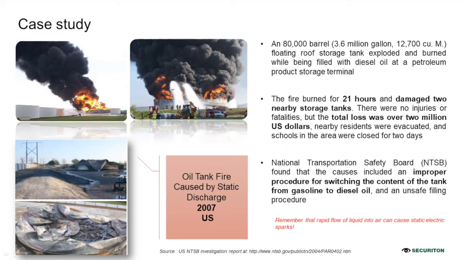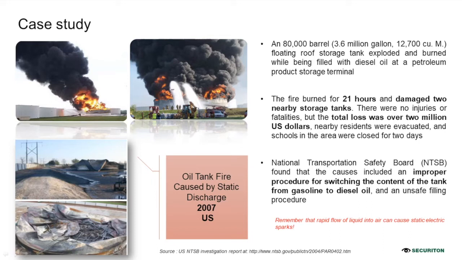The main issue here is that the burning lasted 21 hours. As you are aware, crude oil, diesel and petroleum all fall into highly flammable liquids, and if a fire starts, extinguishing it takes